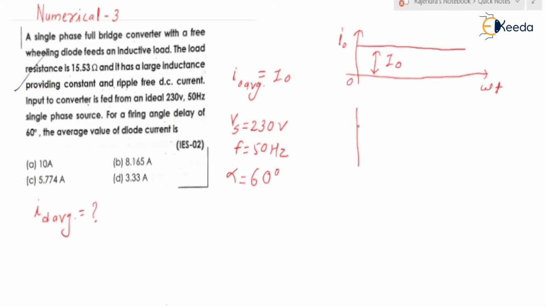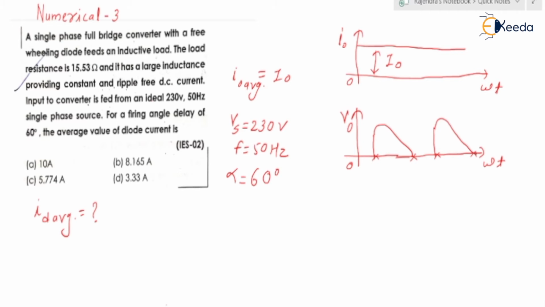First of all, here we have the single phase fully controlled bridge rectifier. Next, the load is an RL load with a freewheeling diode. So can we draw the V0 waveform for this load? Yes, it is like this. From omega t equal to 0 to alpha, V0 is 0; from alpha to pi it is non-zero; from pi to pi plus alpha it is 0; and from pi plus alpha to 2 pi it is again the same as the supply voltage.